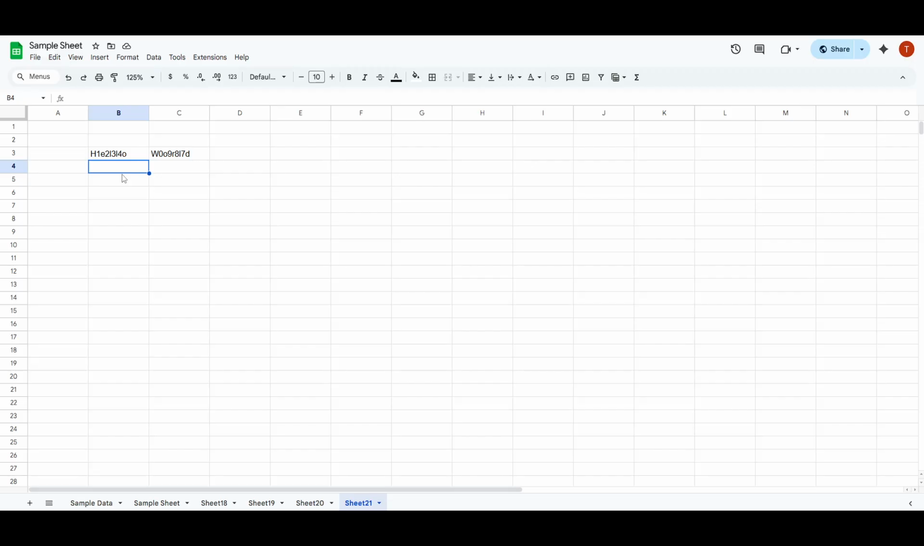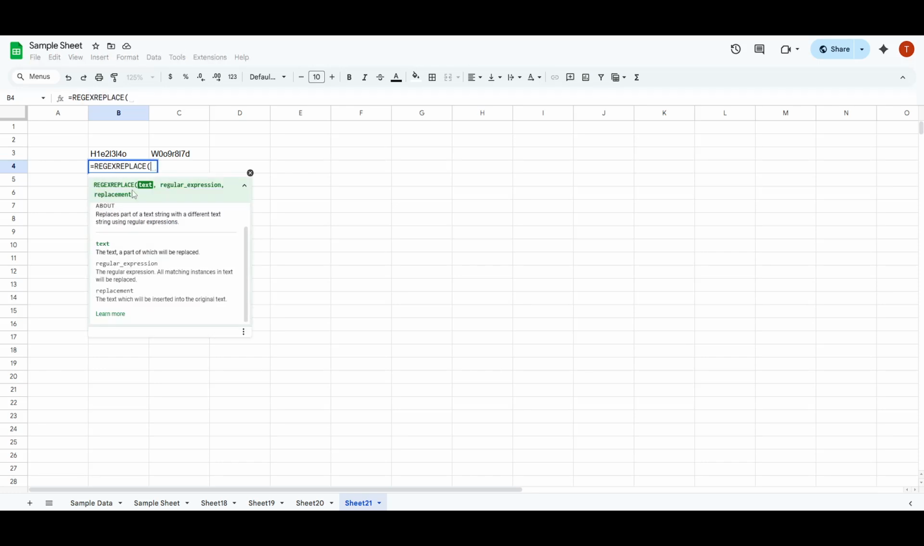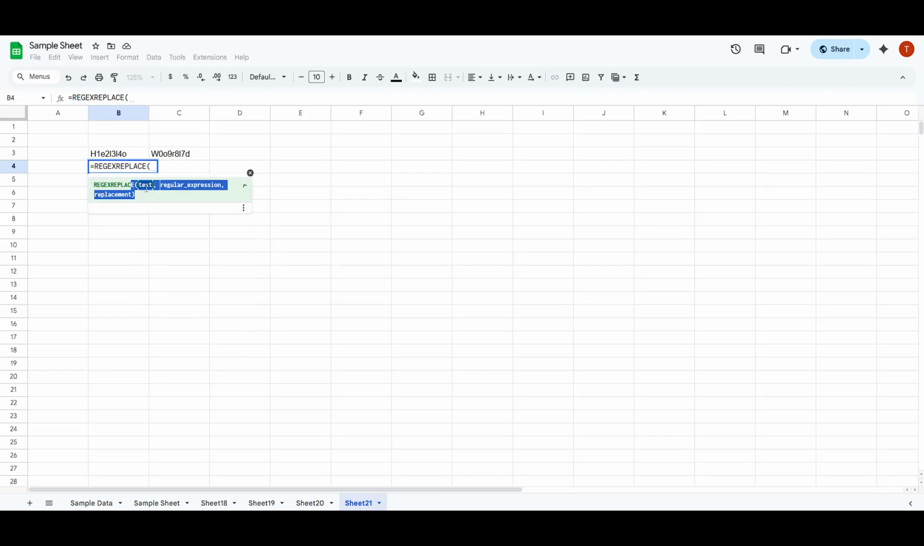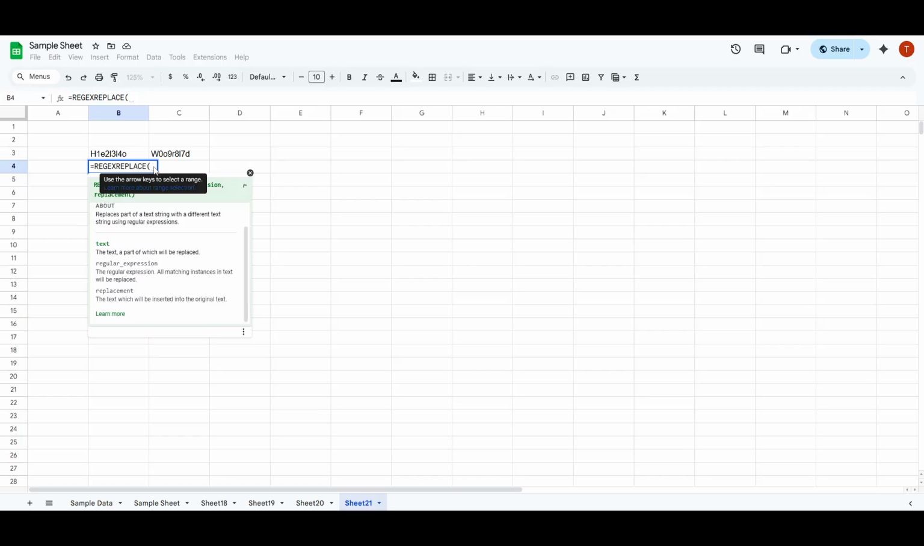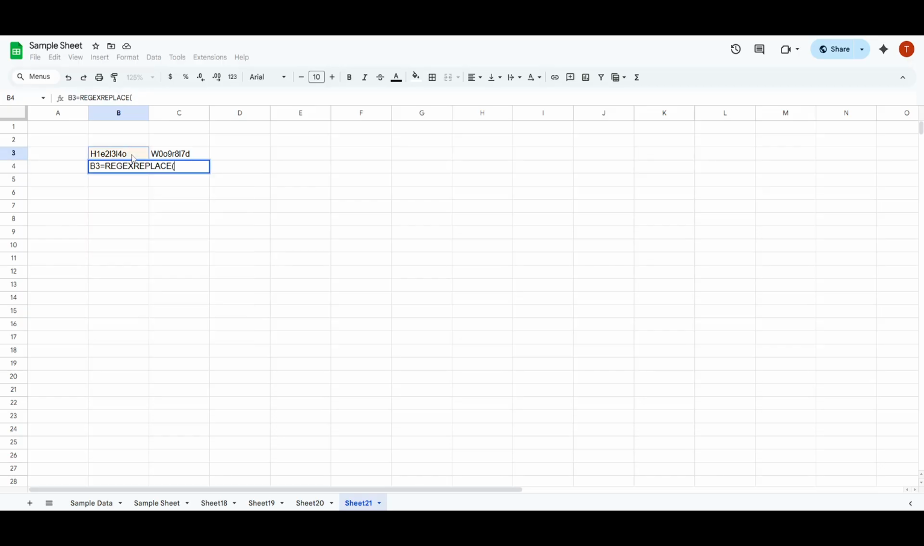REGEXREPLACE consists of three main parameters, which are essential for tailoring it to your needs. These parameters are the text or reference cell, the regular expression, and finally, the replacement text. First, you'll need to reference the cell containing the text you want to modify. Once you have your cell selected, type out the function as follows: